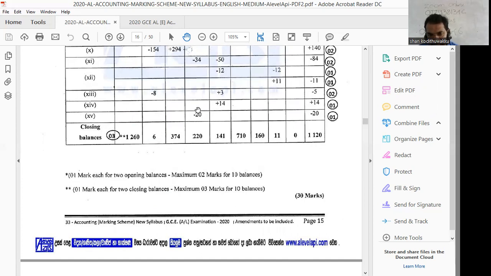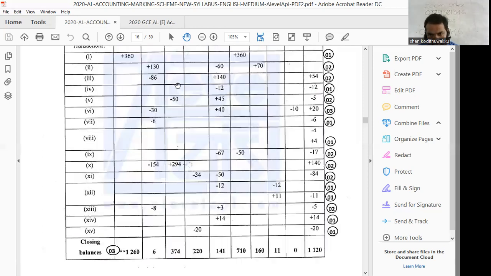Rent is an expense. Expenses will reduce equity. Therefore, minus 20 under equity. That means rent expenses will reduce equity. Right. Then the remaining balance of rent should stay for the next 11 months, to set off the other months from January to December. Right. Then finally, we can take the closing balances after adjusting all 15 transactions. That is the end of